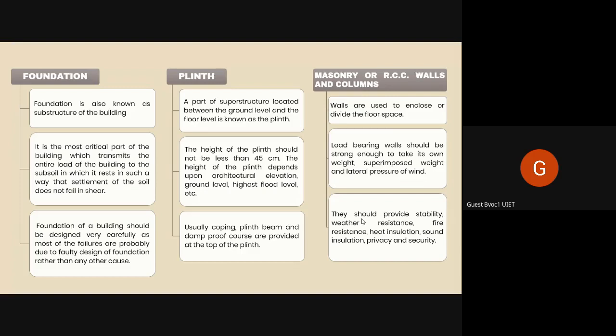Means that if you construct a building which has all kinds of loads and weights that it carries on top of the ground, so the whole weight will transfer to the part that is at the lowest level because of gravity. And so that lowest part needs to be embedded inside the ground so that the building doesn't topple. It doesn't fall, right?